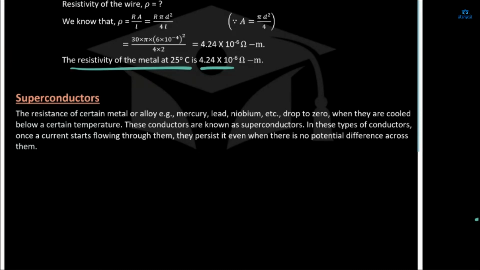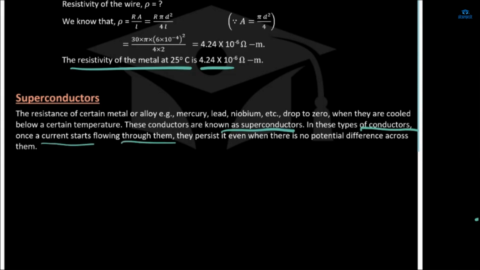ओके, सर्टेन मेटल क्या होती है, जब हम उसको कूल करते हैं किसी एक सर्टेन टेम्परेचर के नीचे, बिलो अ सर्टेन टेम्परेचर, देन व्हाट हैपेंस इज रेजिस्टेंस बिकम जीरो ऑफ दैट मेटल और एलॉय, ठीक है। तो इसी को क्या कहते हैं, सुपर कंडक्टर्स, क्योंकि ये बहुत तेजी से कंडक्ट करने लगेंगे, जब रेजिस्टेंस जीरो हो जाएगा तो कंडक्ट तो बहुत तेजी से करेंगे, है ना। तो इनको क्या कहते हैं, सुपर कंडक्टर्स। In these types of conductors, once a current starts flowing through them,